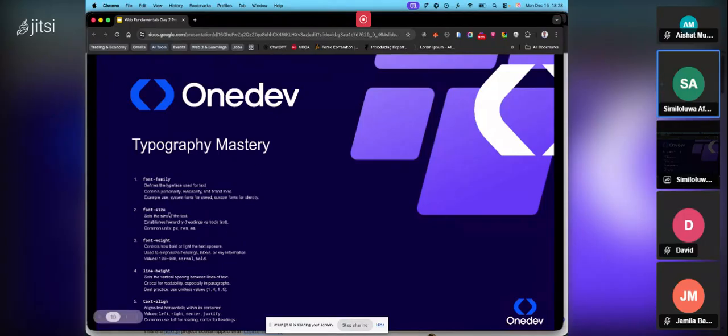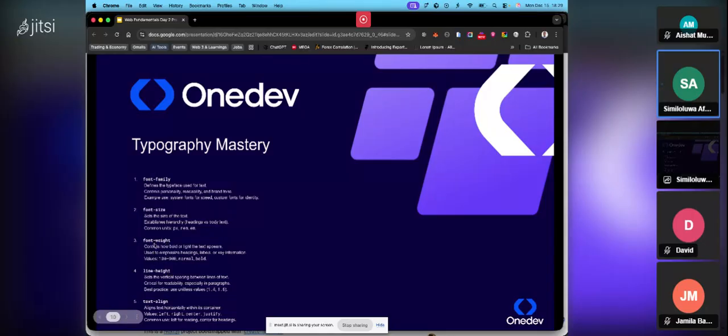First of all, font size is different. This is a very big text, this is smaller text, and this is even smaller than this one. Font weight, this is bolder than this text, and this is also bolder than this text. So font weight will show you how bold you want the text to be, or how light you want it to be. Now, line height works for the space